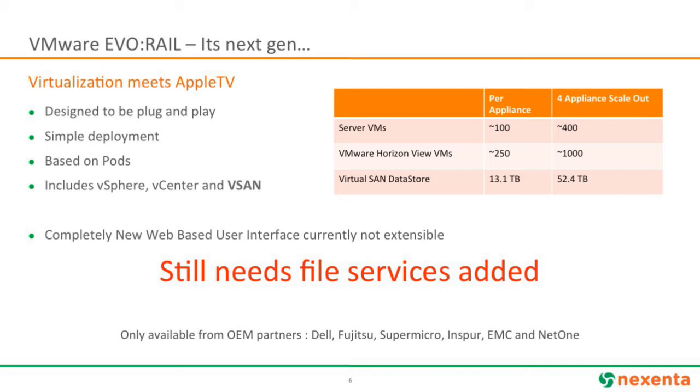Well, it's great, really plug and play. You're building it out piece by piece. It is that hyperconvergence model. In the back end of it, while you have a new UI, it's still based on vSphere, vCenter, and then vSAN, as well as having NSX built into it. And there are some baselines on what you get. It's a new interface, but I can get 100 VMs on there, or 250 desktops, and I've got storage space. But if I have 250 desktops, and say I'm using linked clones, do I need